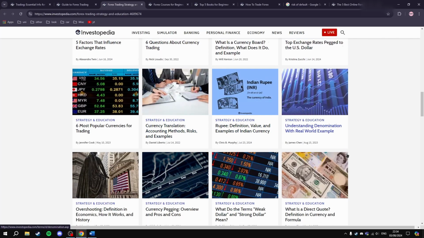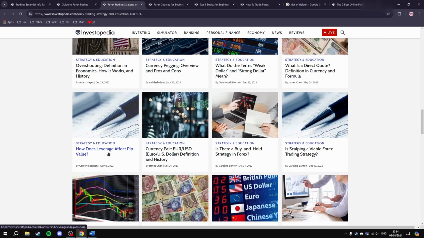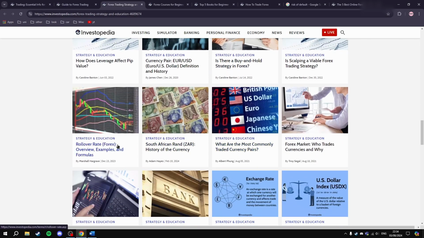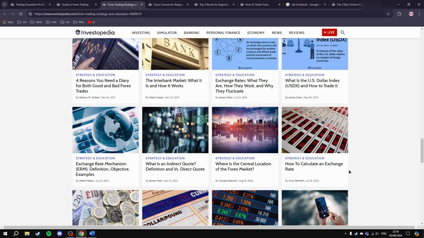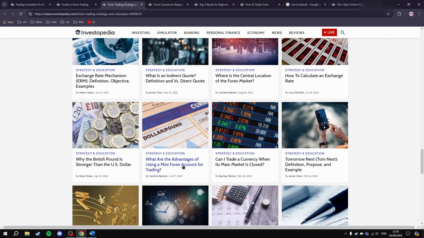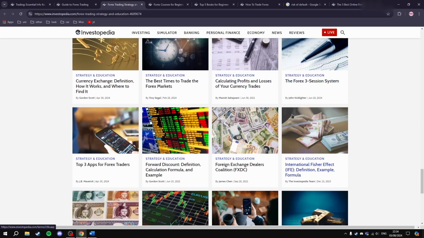Rupee, understanding denomination, overshooting, currency pegging, direct quote, leverage, currency pairs, buy and hold, rollover, what are the most current forex trades, interbank, exchange rates, USD, how to calculate exchange rates, advantages, how to trade currency tomorrow, okay, currency, exchange, calculating profit and losses, Forex 3 session system,